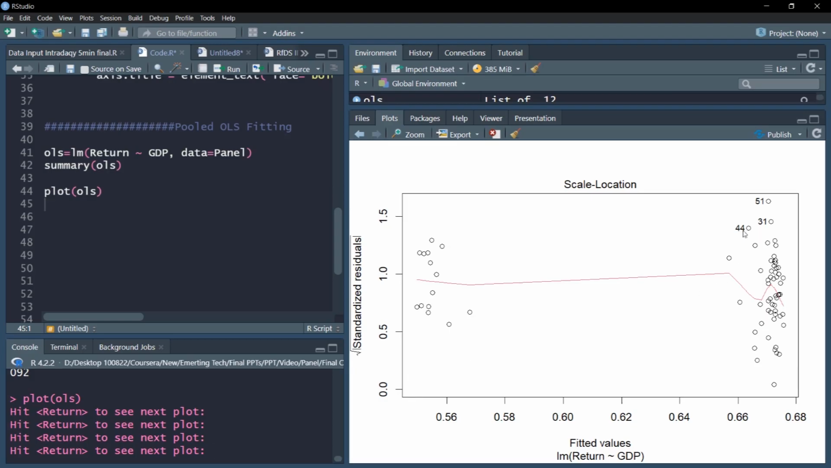You can identify the outliers, for example 44, 31, 51. These are some of the outliers which may affect your estimation, vitiate your estimation. So if you want to make a proper estimation, you would probably do well by removing these observations. Although, to highlight, in this case the magnitude of this is